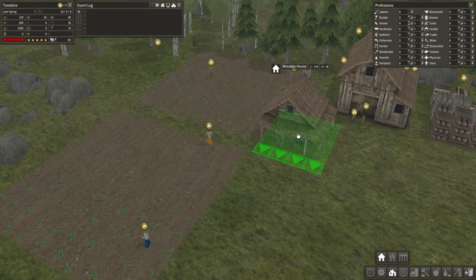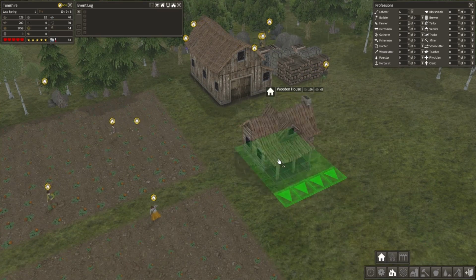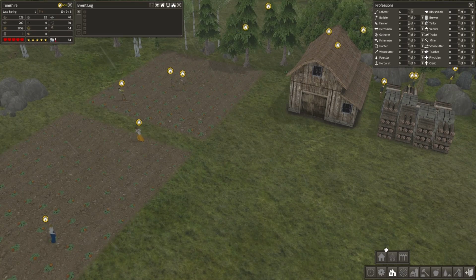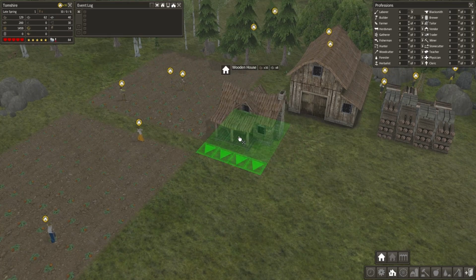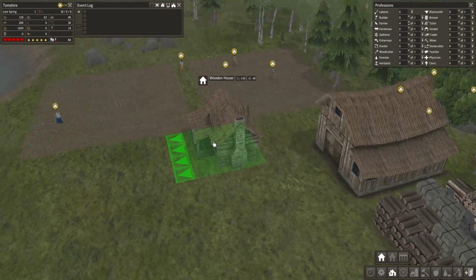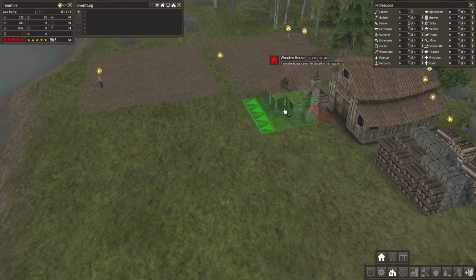Now, you know those lighter green bits right next to them with the triangles on? I think that's where you need to put your path. I don't really know how to orientate them, and I've just found out. If I click on wooden house and press R or T, I can flip over where the path can come. So I think a good idea is to put a path going through in between the